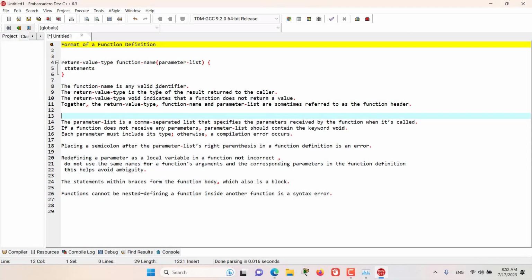Hello and welcome to this episode, and in this episode we are discussing the format of a function definition. As you can see, this is the general format for a function definition. We have the return value type, then the function name, then we have the parameters list, then we have the opening braces, we have all of our statements inside the function, and we have the closing braces. A few notes that I want to tell you in this